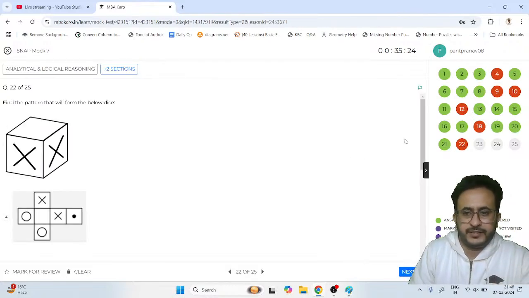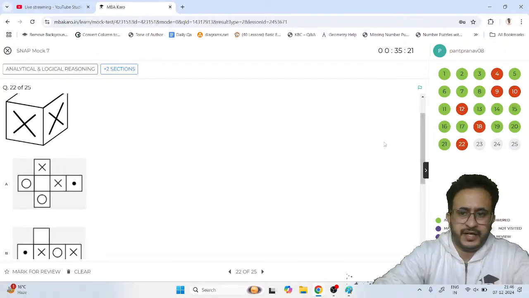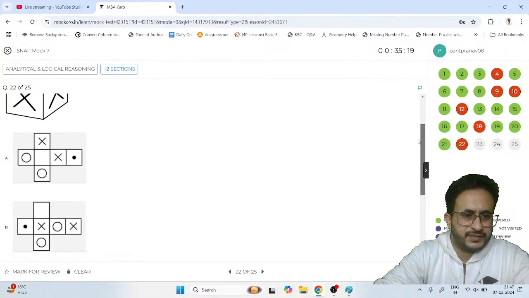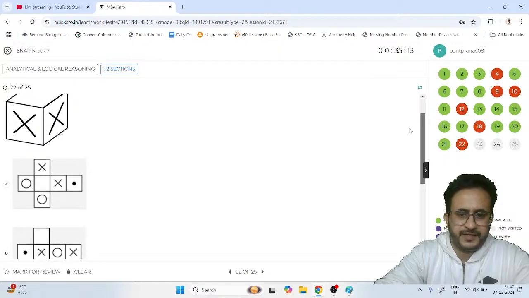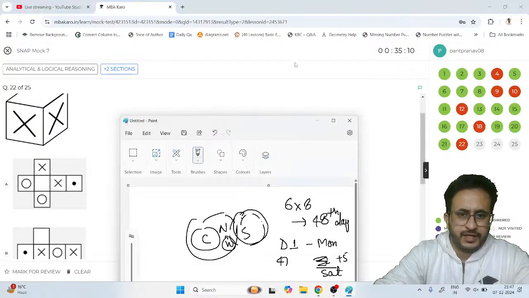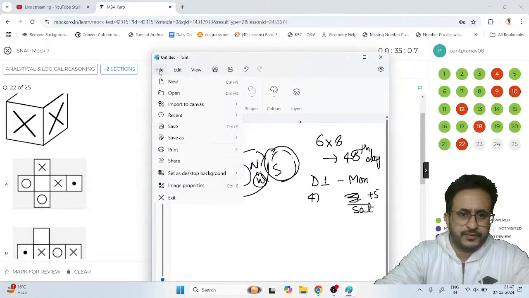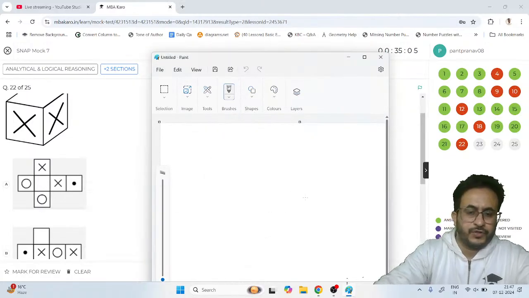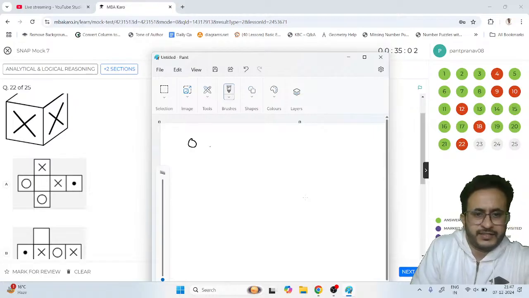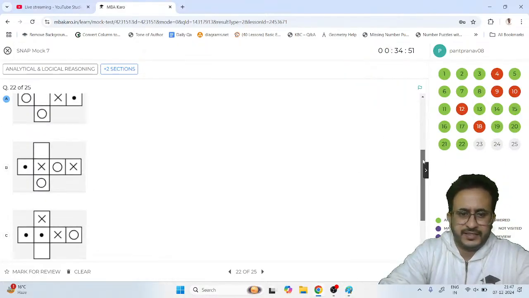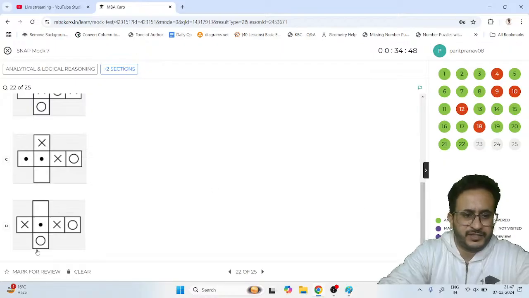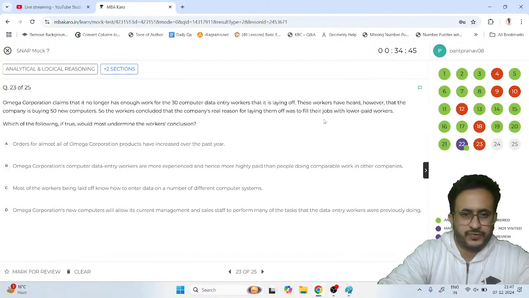Pattern will make the dice. Okay, we can do this. There are two x and one, so using the options we will figure out. Okay, this is about making the dice. So first dice, the opposites are 0x is one opposite, 0x is another opposite, and dash and dot is one opposite. So we can pick one, one, and one from each. So that should be the answer. Let us see the other options also, or I'll mark this question and we will discuss what is wrong in this question later.